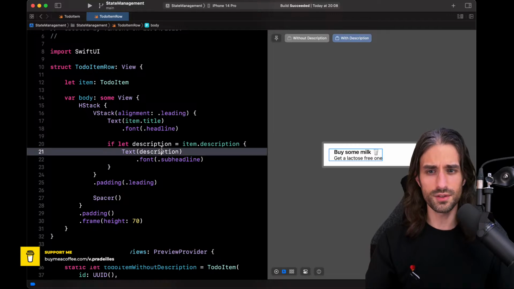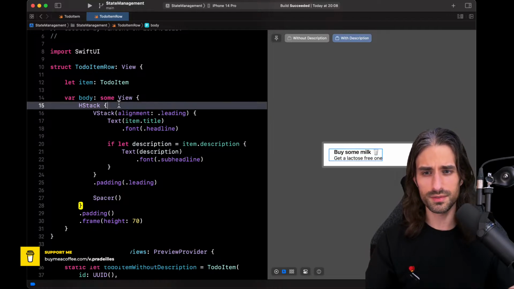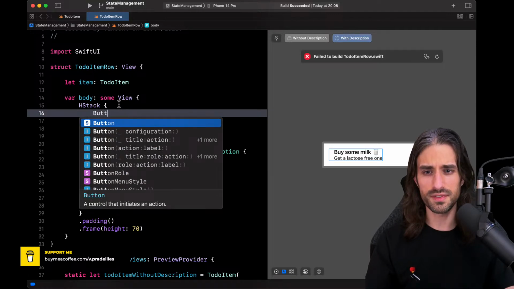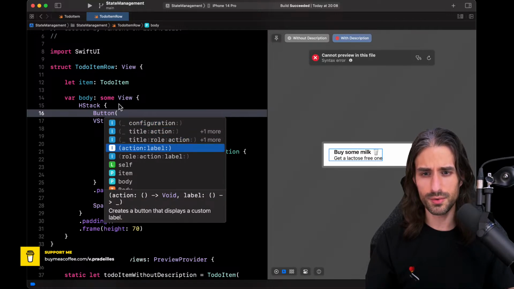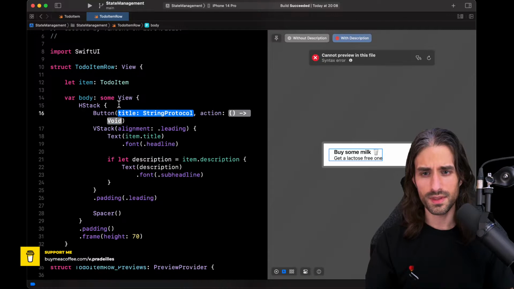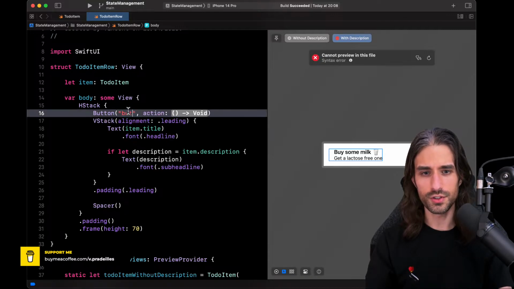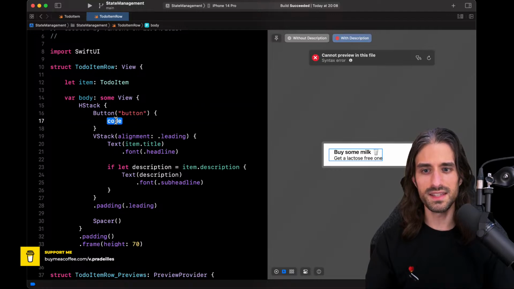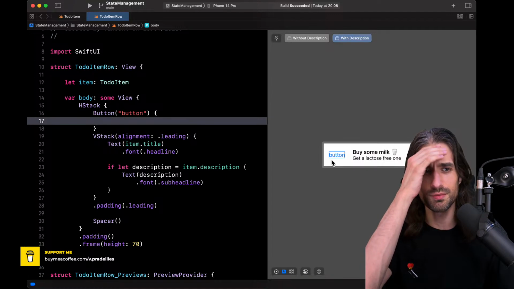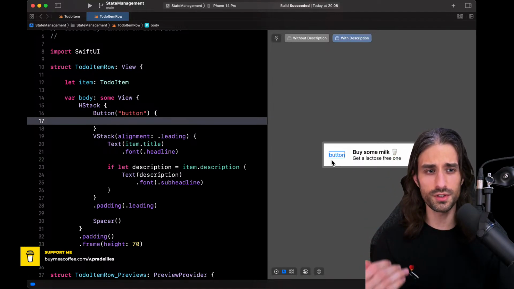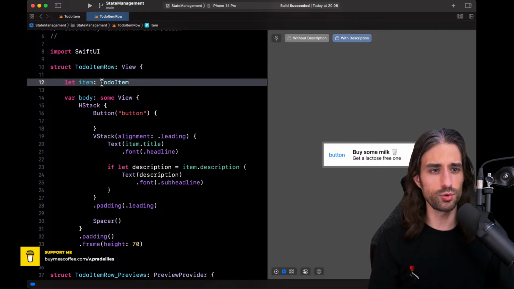You know what? Before we do the nice button, I'm just going to put a first button so that we have something that is easier to follow. So I'm going to put a very simple button. I'm just going to call it button, and in the action, what it will do. So first, let's see. Yes, the button is displayed. After that, we'll make it much more beautiful. But for now, I just want to have the button that will update the state of something in the to-do item, because this is what will introduce the whole reasoning for how to deal with state management.